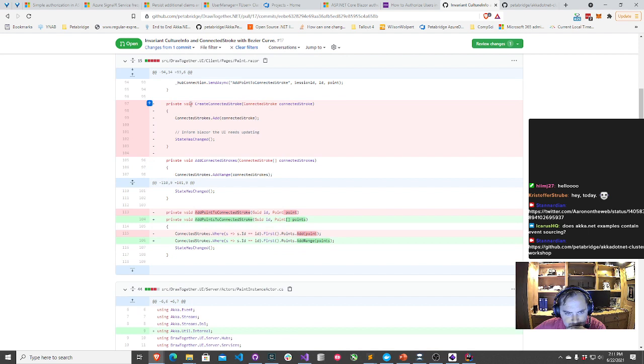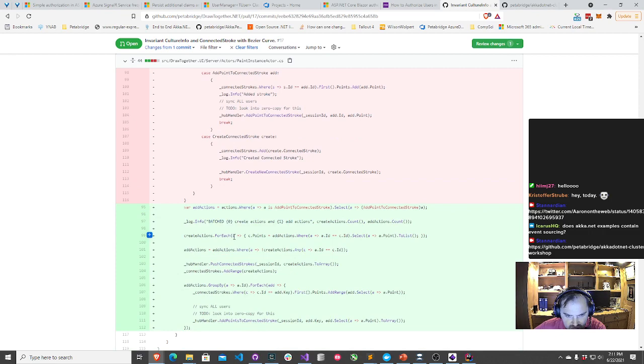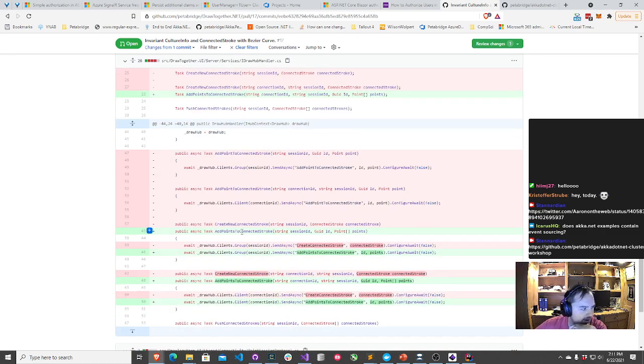When we call add points to connected stroke, we do connected strokes.where s.id equals id, and we do points.add range. Okay. So connected points, add range, we call status changed. Okay, so we should be able to add existing points to a current curve.